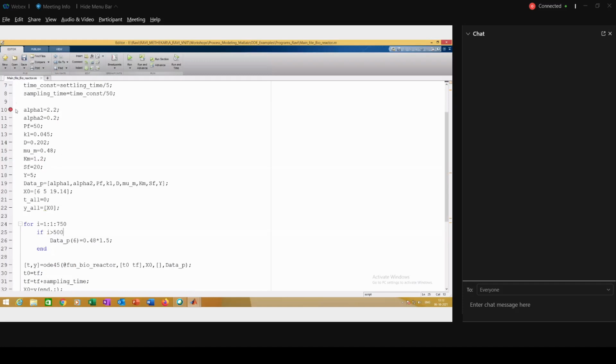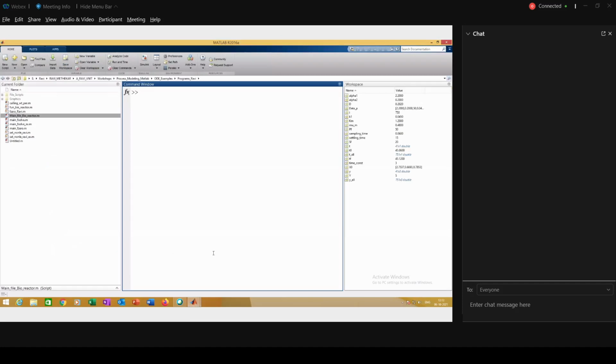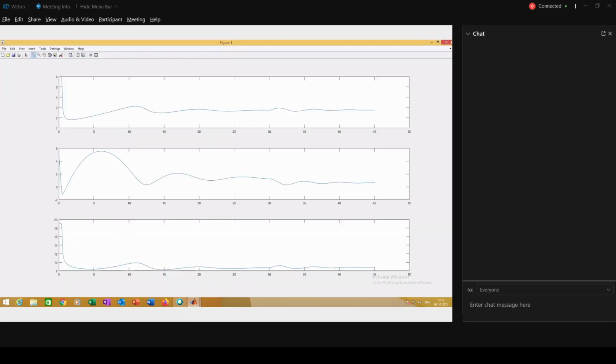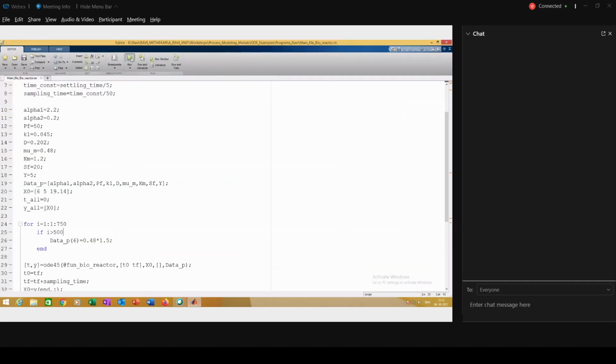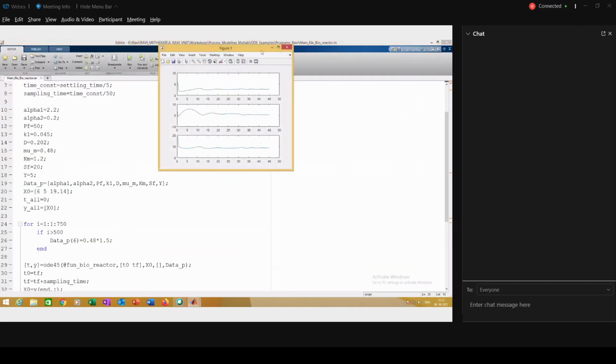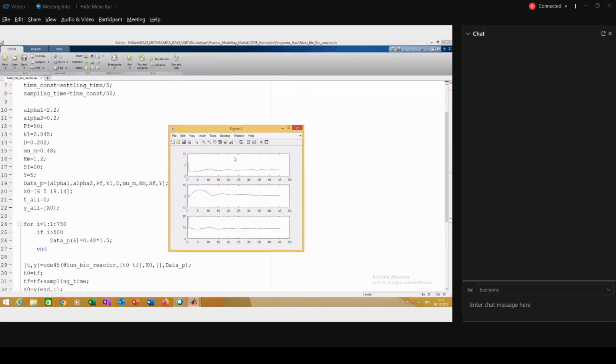Again, I'm going to run it. So this is the dynamics I got, settled almost after 45 time units.